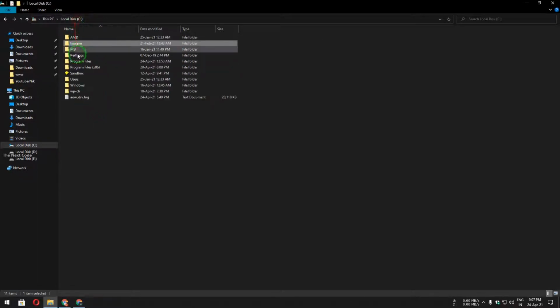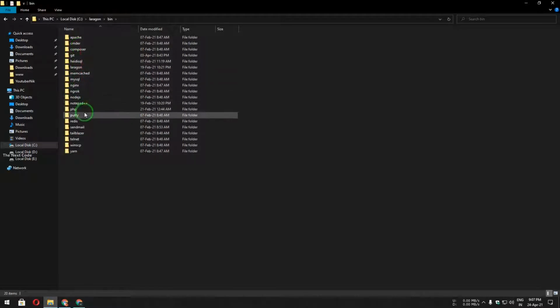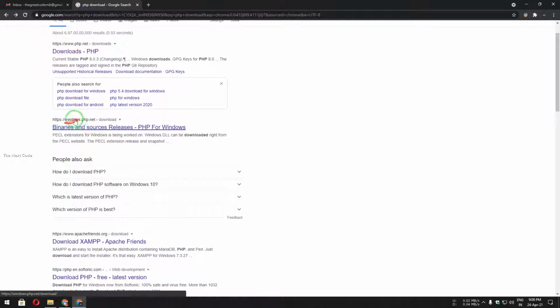Basically I have Laragon installed in my C drive. Here you can go inside bin and then inside PHP. There you can see different versions of PHP available. Currently I have 7.2.19 and 7.4.15. Here you can see windows.php.net. Click on that.